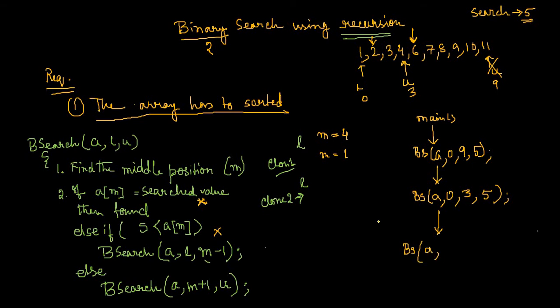having A, and now you see this L is being adjusted by M plus 1. So now your new L will be 3, right? That means new L will become 3. Now whatever L was here, your new L will be somewhere over here. That is, sorry, 2, not 3, it's 2. And U remains same as it was, and the value that I am searching remains same. So this is now your new L and this is your U.